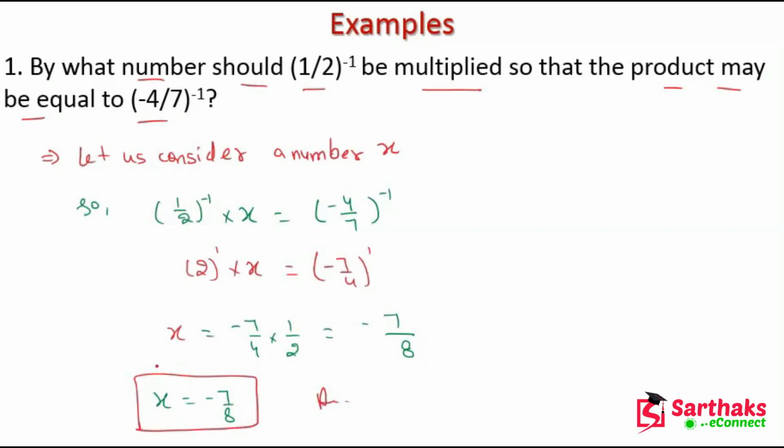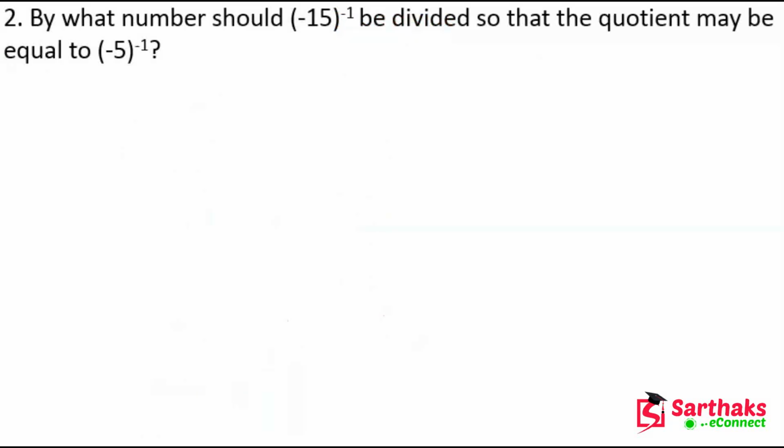This is the answer of this problem. Yes, now the next problem. Here you can see: by what number should minus 15 raised to power minus 1 be divided so that the quotient may be equal to minus 5 raised to power minus 1? Okay, understand? So again let us consider